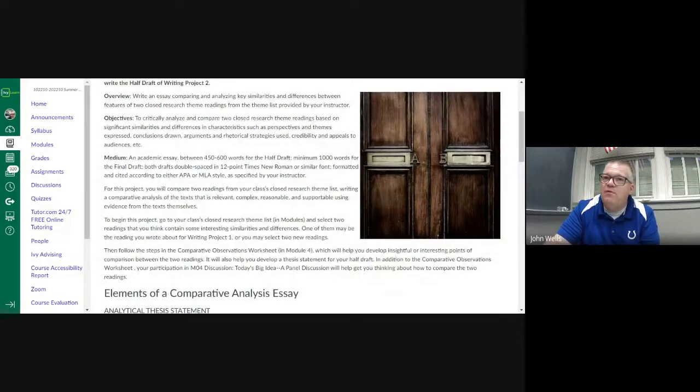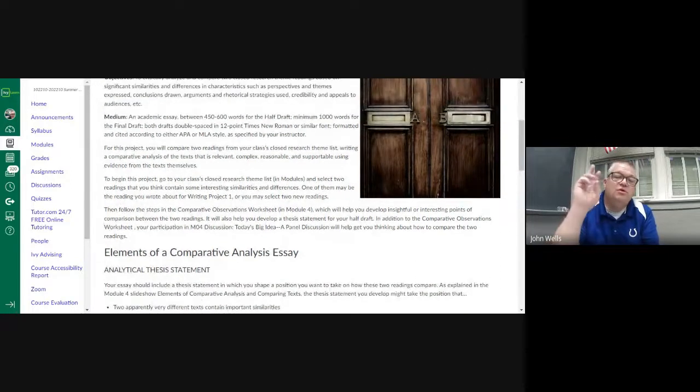Your final essay will be somewhere around 1,000 words, the final version. You're going to take 2 of the closed theme readings, so take 2 of those readings off of our list. You may use one of them that you've already read, like the one that you used for Module A. That would be perfectly acceptable. They could also be 2 new ones, no big deal. Now, they do have to have some relationship. You can't pick one about food deserts and one about eating insects, because there's not a lot of overlap between them. So find something that there is a connection between.